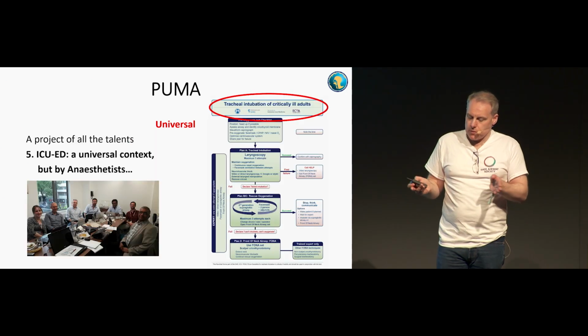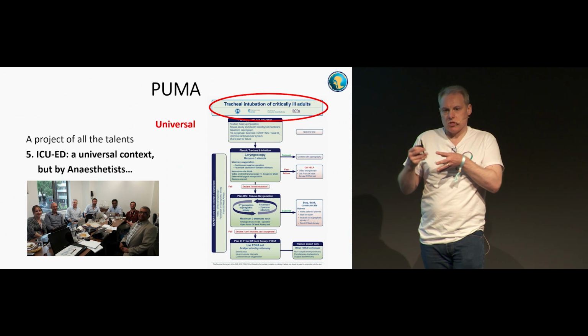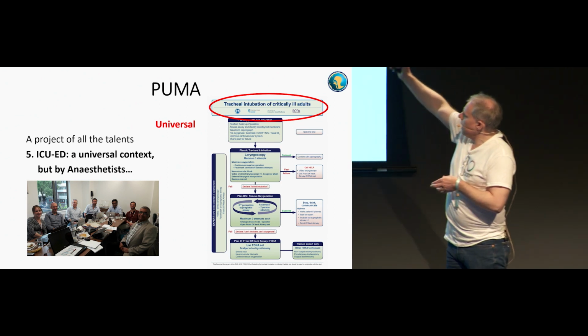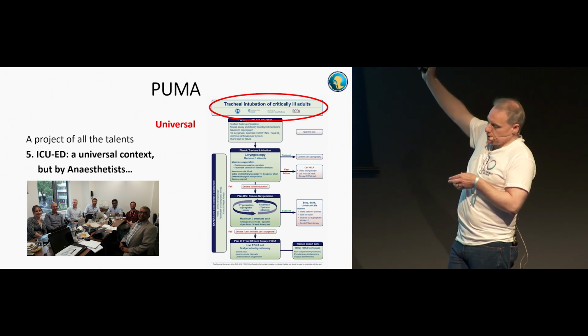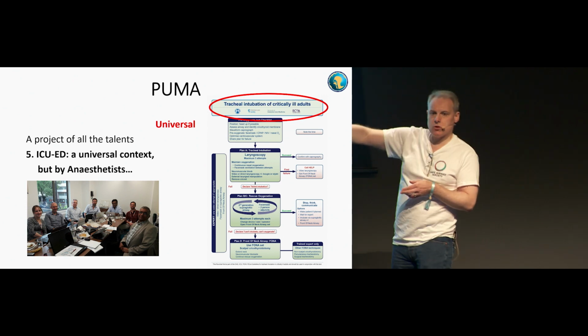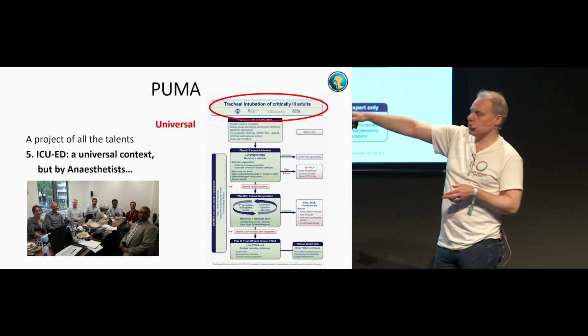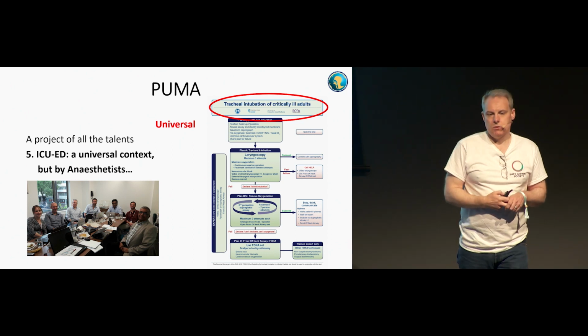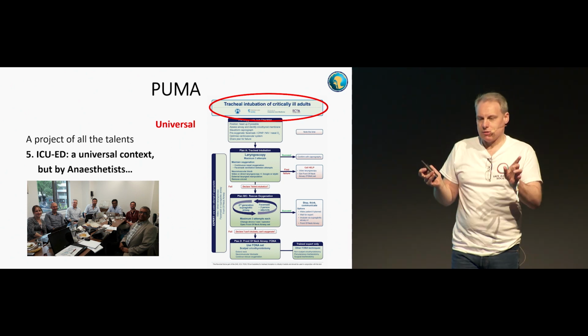I mean, a little aside about silos and tribes. This is the guideline for tracheal intubation in critical care adults from 2018, DAS. Okay, this is the group that produced that. They're all intensivists in the UK. They're all anaesthetists in the UK as well. But